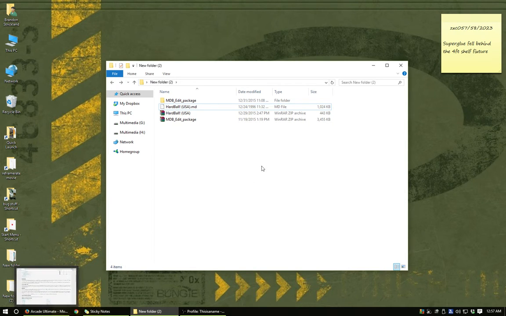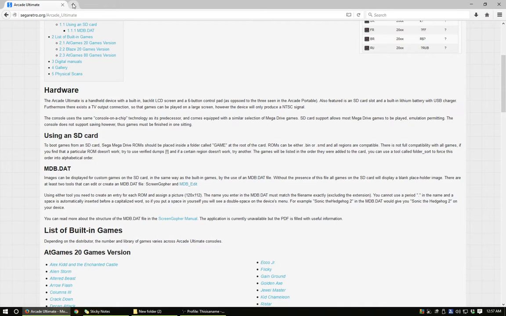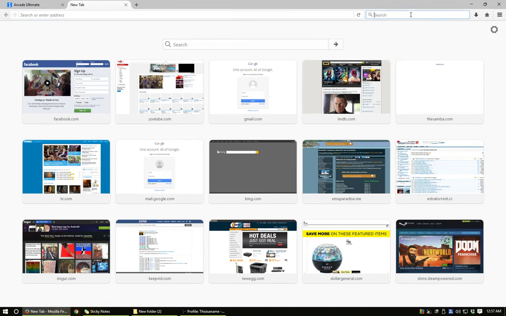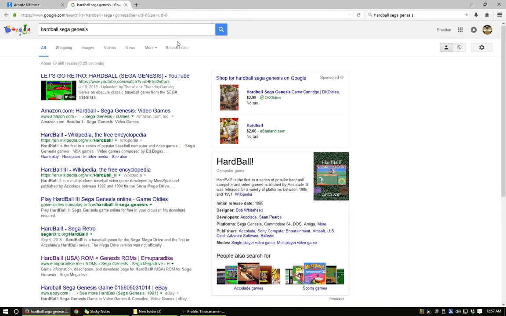Since I want to use that game, I need to find an image for that game. I recommend using a screen capture of the actual game you're going to have. You can get that either by playing the game in an emulator on your computer and capturing the screenshot at normal display, or you can do like I'm about to do here. Open a new window, go to the search of, I use Google, I don't know what you use, Hardball Sega Genesis. That's what I'm going to look up. I'm going to go to the images,